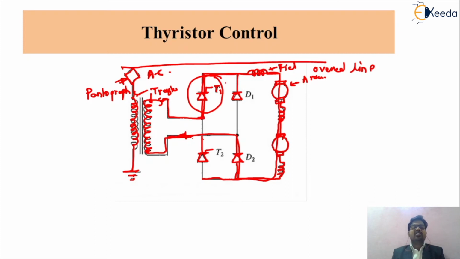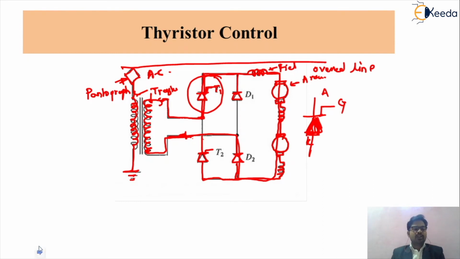While understanding the controlling of this thyristor, how can we control it? This thyristor has three terminals: anode, cathode and gate terminal. By changing the signal at the gate terminal, we can control the flow of current in that thyristor. Means while we are changing the firing angle of this thyristor, we can control the speed of that motor. So friends, this strategy is called the thyristor control method of your DC series motor. This is one of the systems that we prefer in traction drive control.